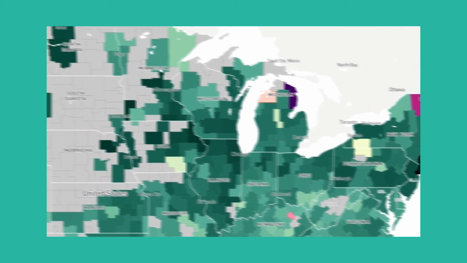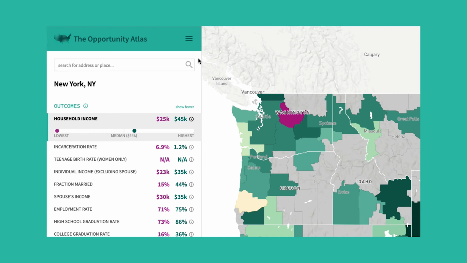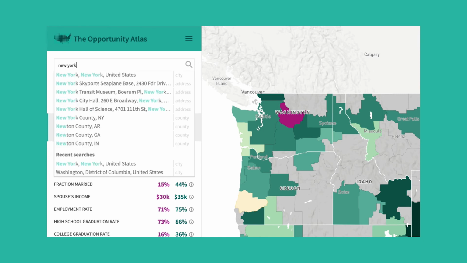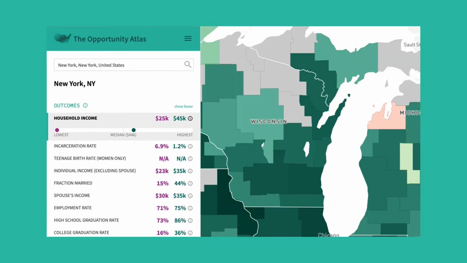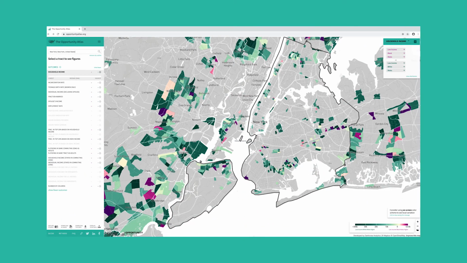The Compare tool allows for these comparisons at more granular levels too. If you type in New York, New York into the search bar on the top left and hit Enter, the Atlas will zoom in and recolor at the tract level. Tracts with insufficient data are gray, but, as at the national level, you can see how the tracts that have outcomes for both black and white low-income men compare.